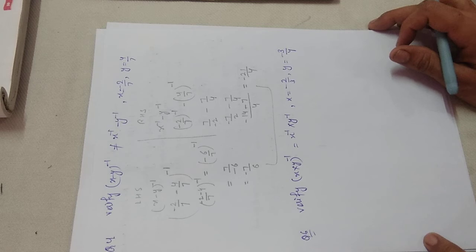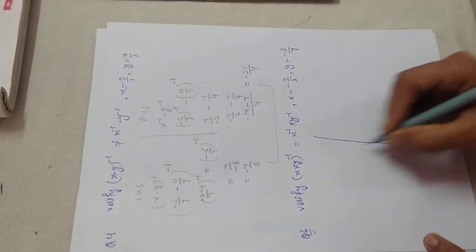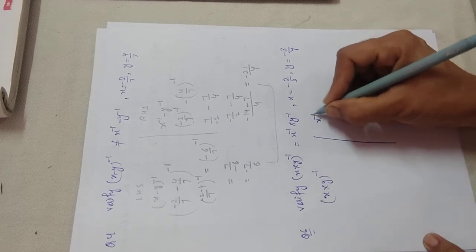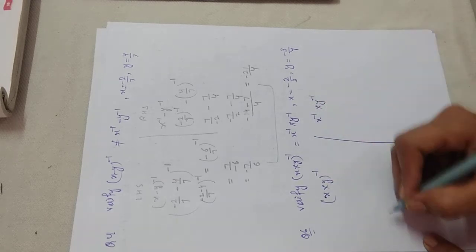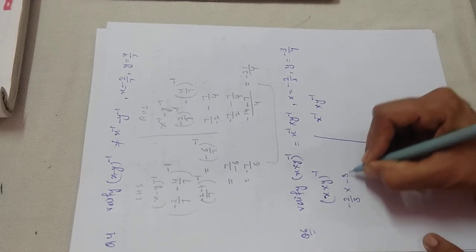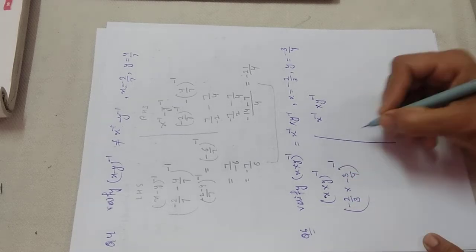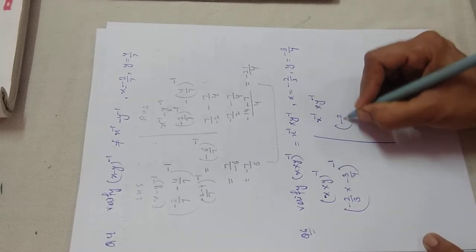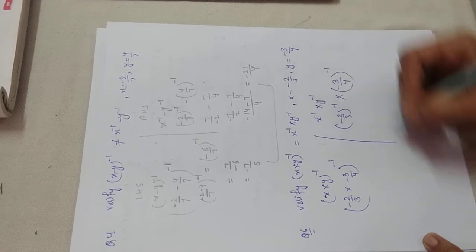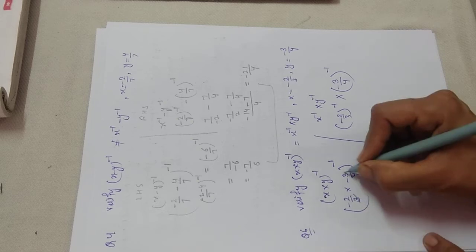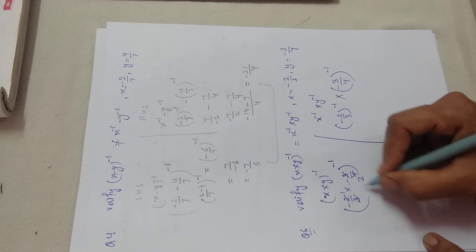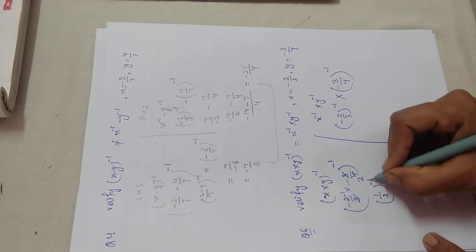We have to verify this property: (x multiply y) inverse, x inverse multiply y inverse. Put the value of x, minus 2 by 3, multiply minus 3 by 4, reciprocal; minus 2 by 3 reciprocal multiply minus 3 by 4 reciprocal. Now solve it. 3 and 3 cancel, 2 ones are 2, 2 twos are 4, negative multiply negative is positive, it is 1 by 2 reciprocal.